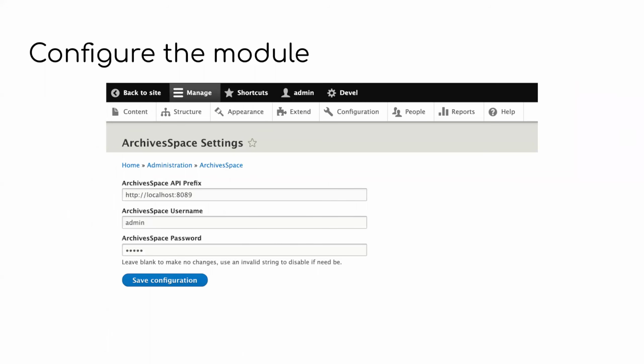And then, of course, you need to tell the module, the plugin, where to find your ArchivesSpace. So we just go to the configuration form. We tell it where it is running. Like I said, this is a local installation of ArchivesSpace on the same box. So it's just localhost and the port 8089, or wherever your ArchivesSpace server is located, and a username and a